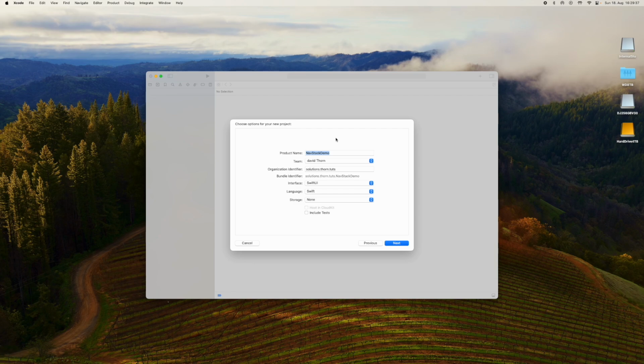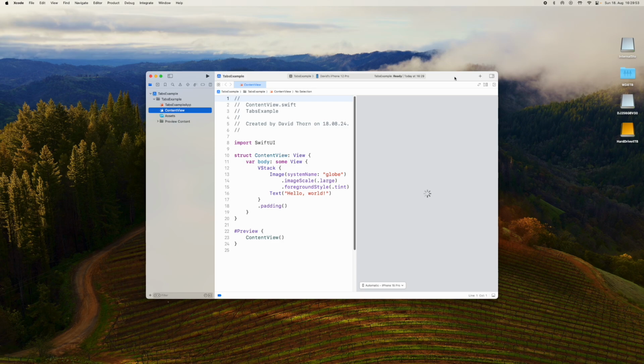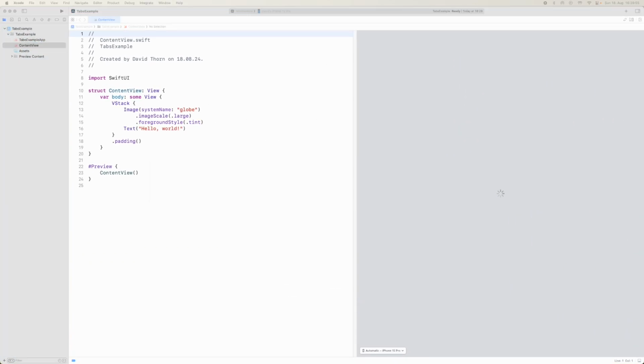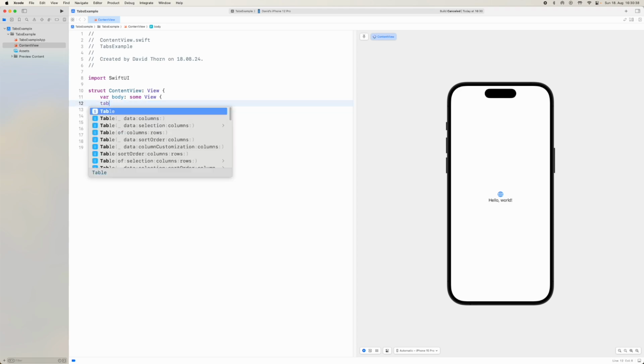So we're going to call this tabs example instead. It sounds better, doesn't it? And let's just start this, and we're going to absolutely rock it through this first bit because you would have seen it in a whole bunch of videos. Okay, so the first thing we're going to want to do is then